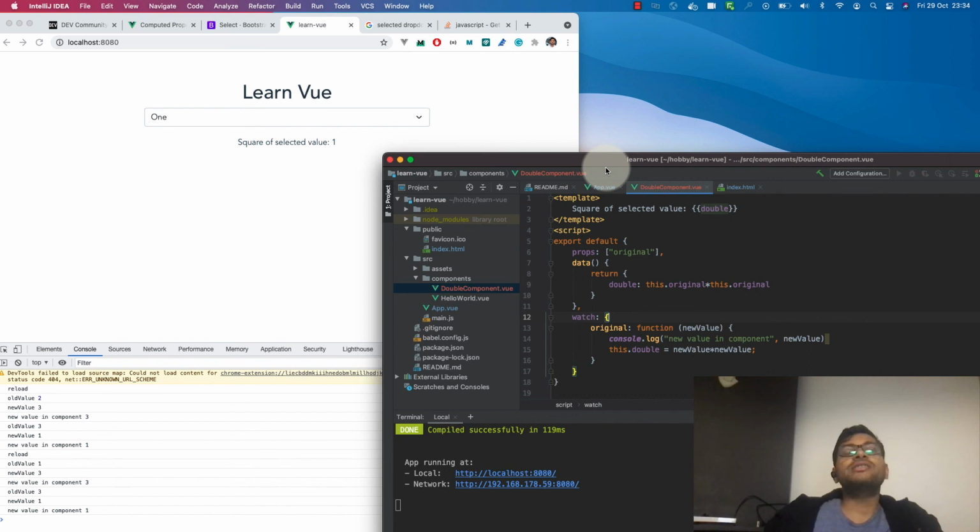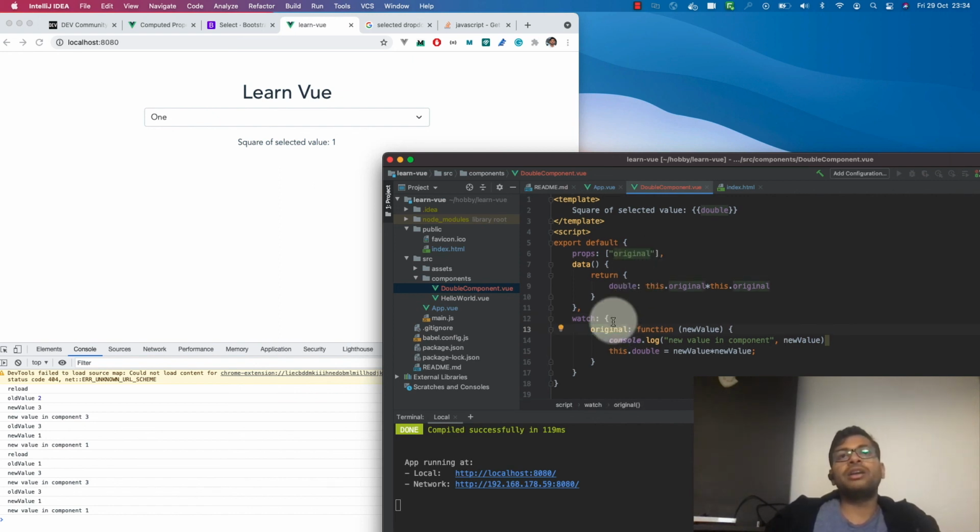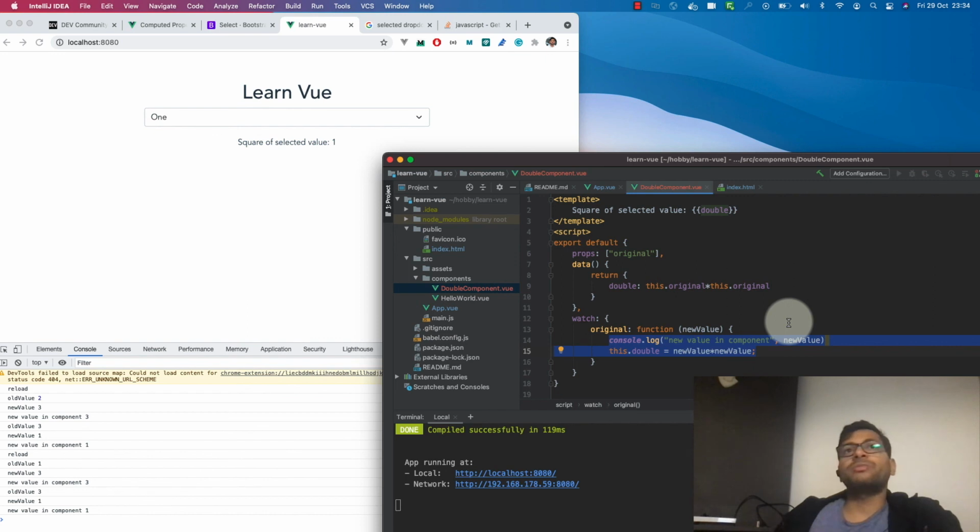To summarize, the watch will be watching this variable. So we define a variable here. When you use this function watch, it will keep watching this variable, and whenever there is an update of the variable, this function will be triggered, and we can do some action on base of that.